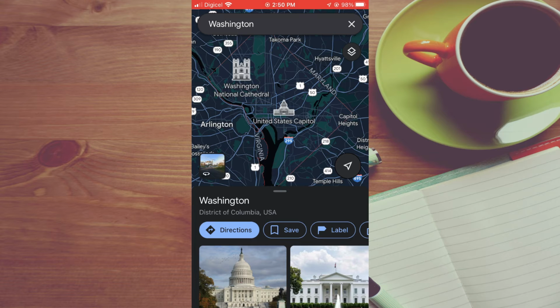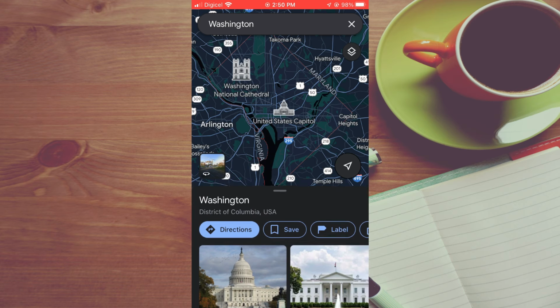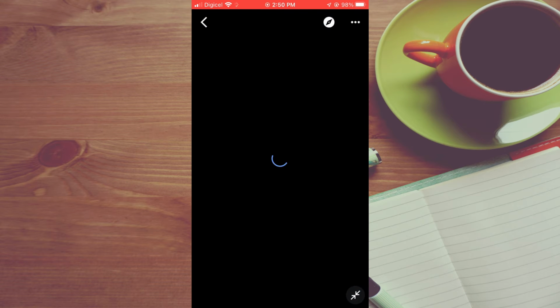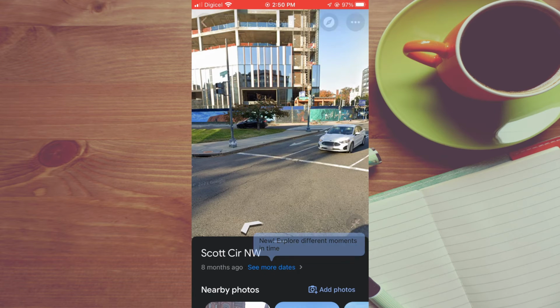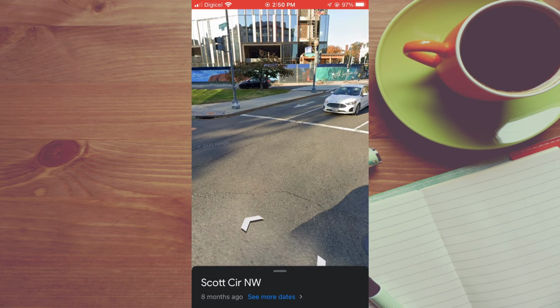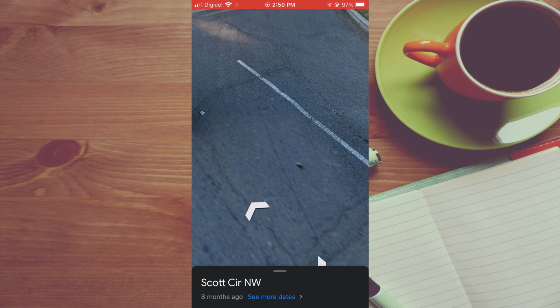You can tap on that and you'll be able to get the street view, or you can tap on one of the images right here and you'll also be able to get street view. As you can see right there, and here you can tap on see latest. Right here where you see latest, you could tap on that and you'll be able to see the latest images,